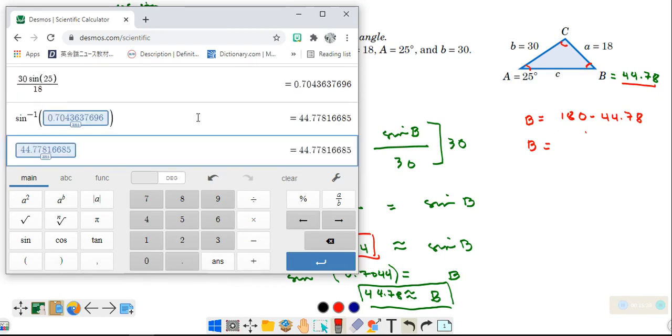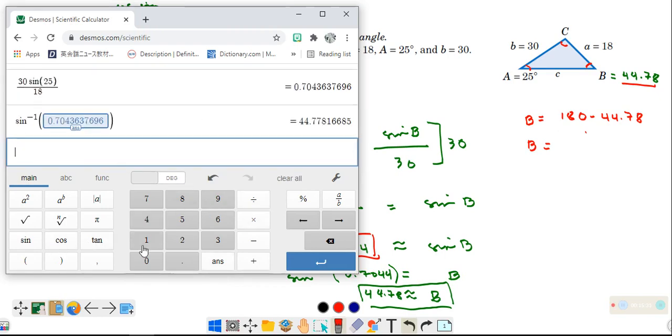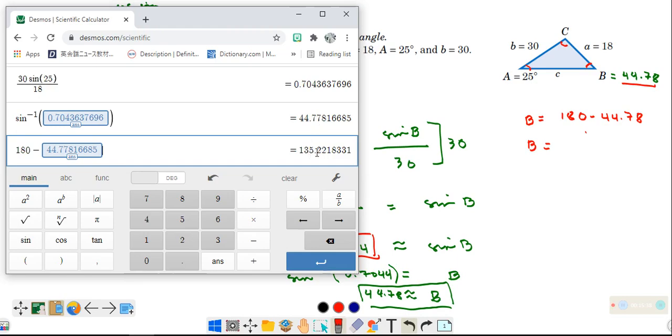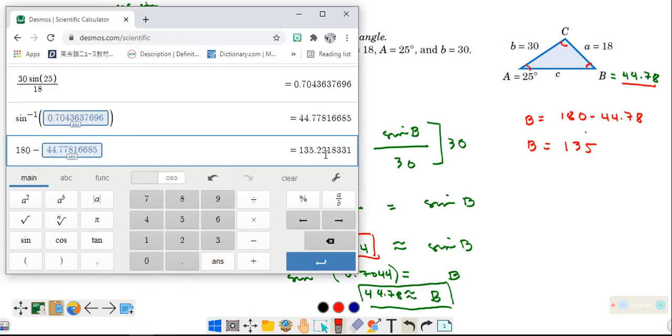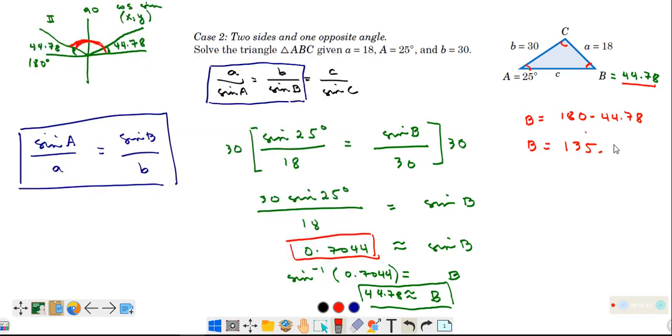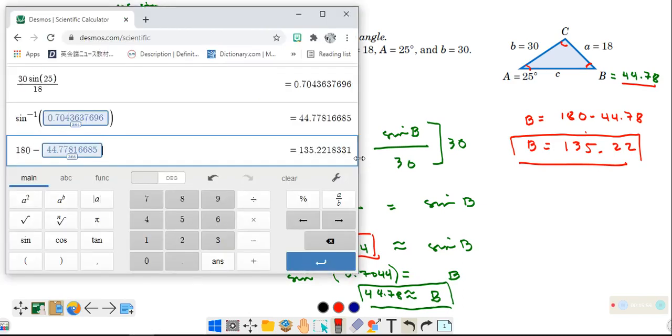Ayan, burahin ko lang to. 180 minus yung answer natin dito kanina. Pwede ka rin magkaroon ng 135.22. Valid din tong answer na to for B. So, i-check natin kung totoo. So, 135.221. All we have to do is to get